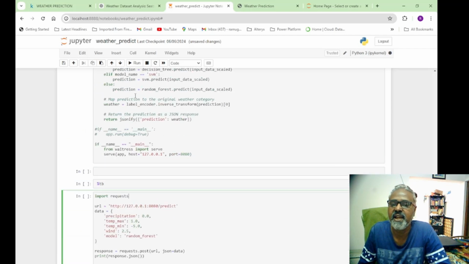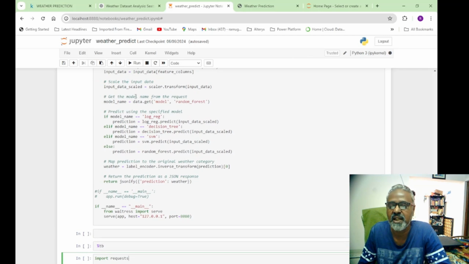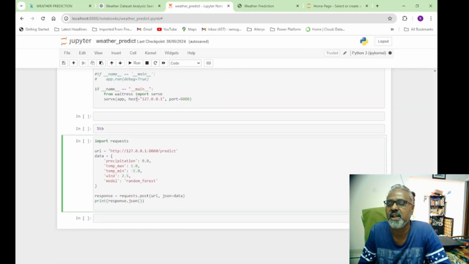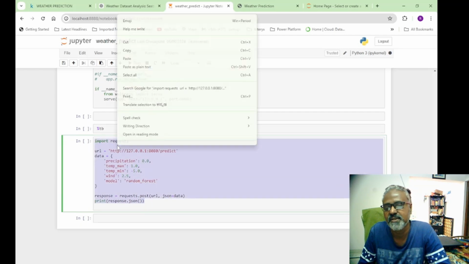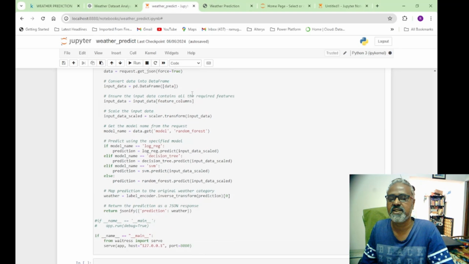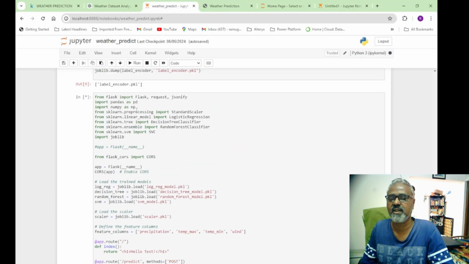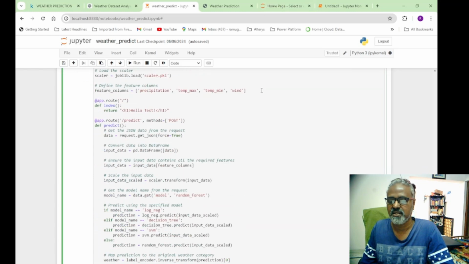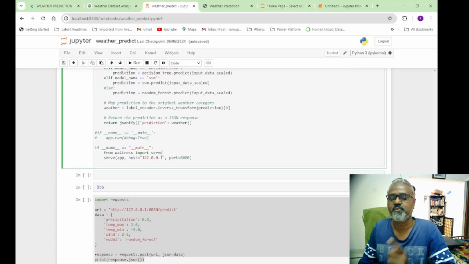But in the same notebook I cannot run, so what we can do is load a new notebook, copy this code, and I'm running this. Now this part of the code is running. You can see the star should be there, means our code is running on the machine